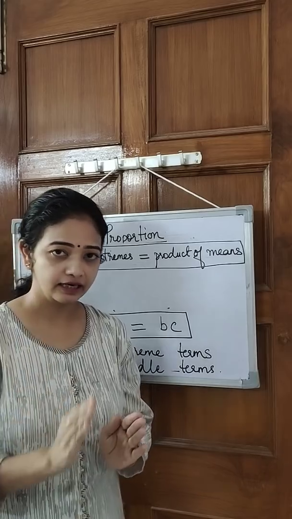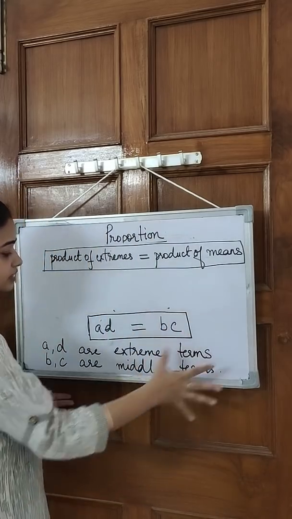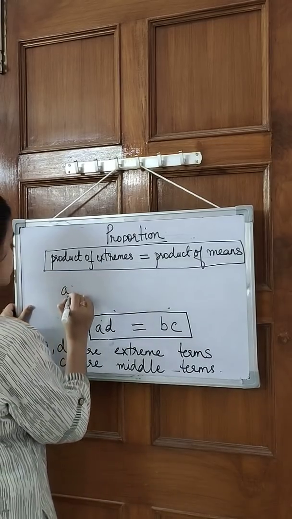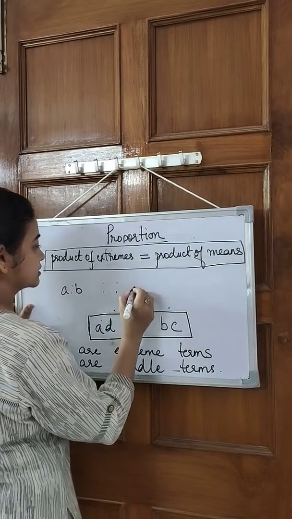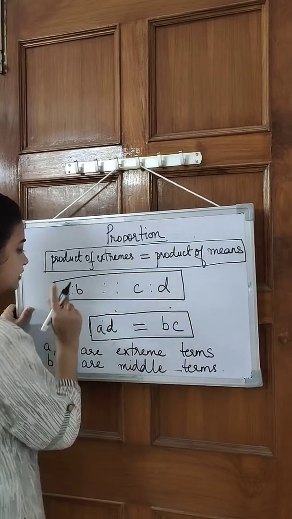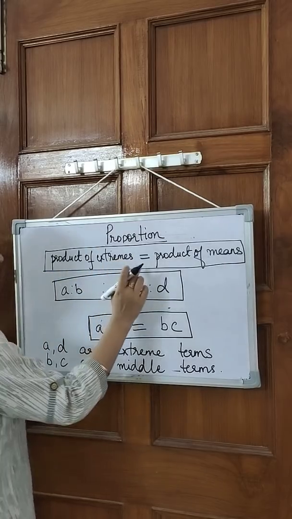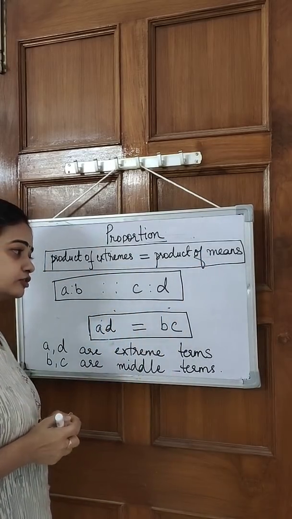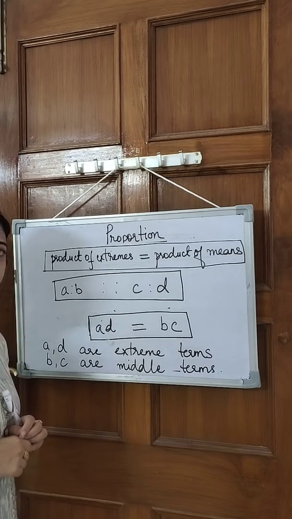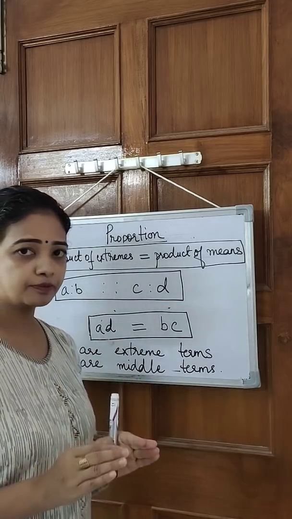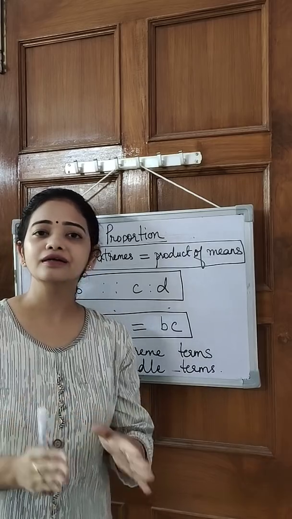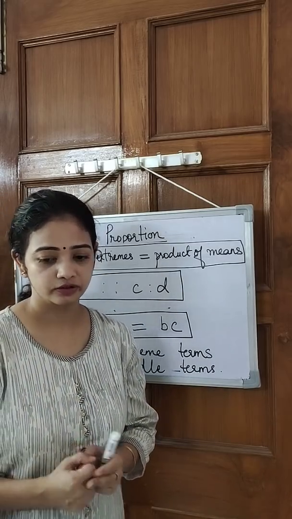Second way is with this, when I am saying that things are in proportion, that A is to B is same as C is to D. With the help of this also, we can conclude that product of extremes is equal to product of means, and if it is so, then we can say that yes, the given ratios are in proportion. Okay, so what is proportion? Proportion is equality of two ratios. When two ratios are equal, then we say they are in proportion.